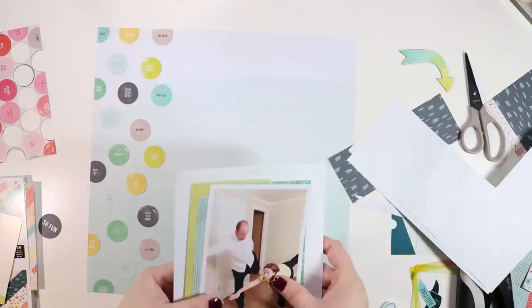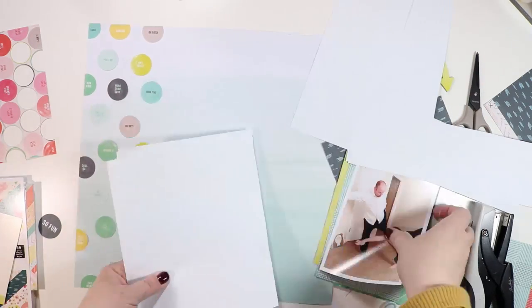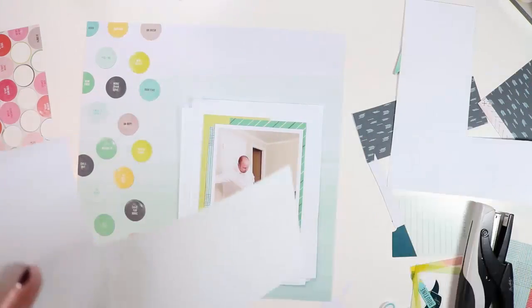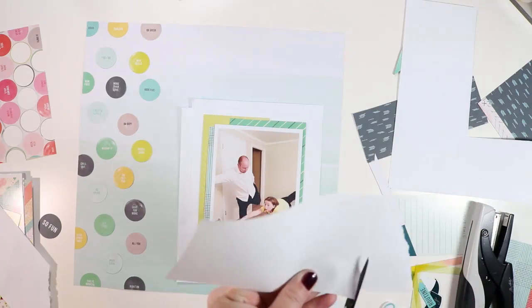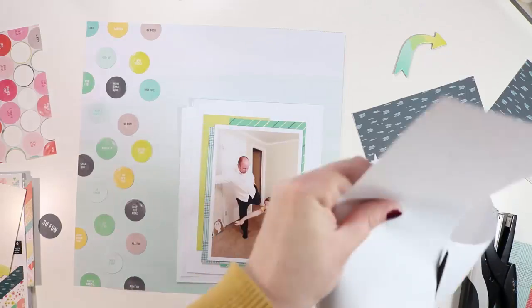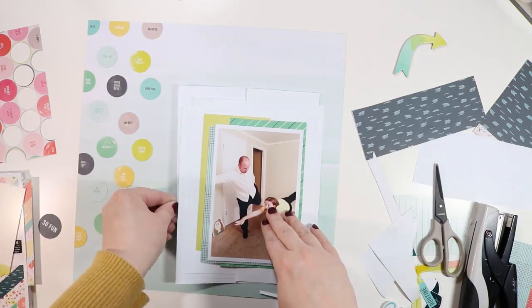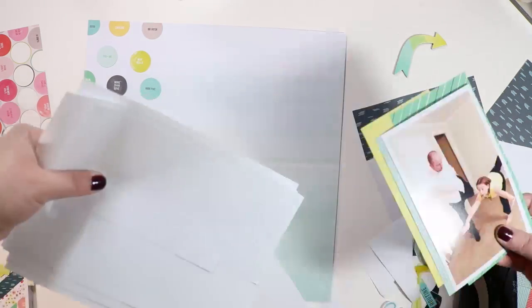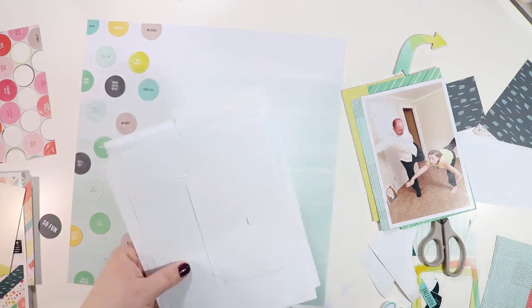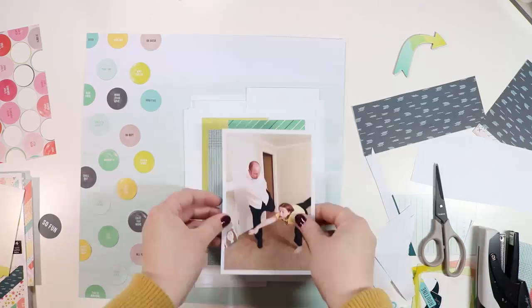So I decided that I wanted some white on this layout, and so I'm just taking some computer paper, just some cheap copy paper, and I'm going to layer some of that up as a large mat behind my photos, and I just wanted a little bit of white on the page. So I'm just randomly placing white in there. I like the texture that it gives. It's just a very subtle texture because it's all the same color, but the papers end in various places. And so I just do that, and then I staple it all down,